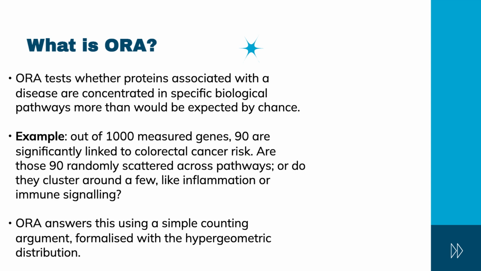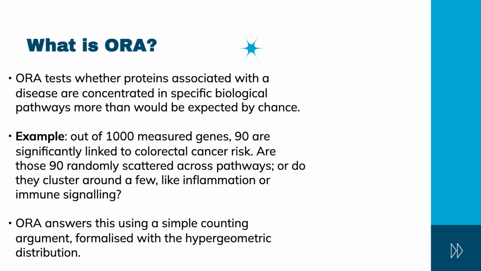And we are asking, are those 90 randomly scattered across pathways, or do they cluster around a few, like inflammation or immune signaling pathways? Now, ORA answers this particular question using a simple counting argument formalized with the hypergeometric distribution or the Fisher's one-tailed